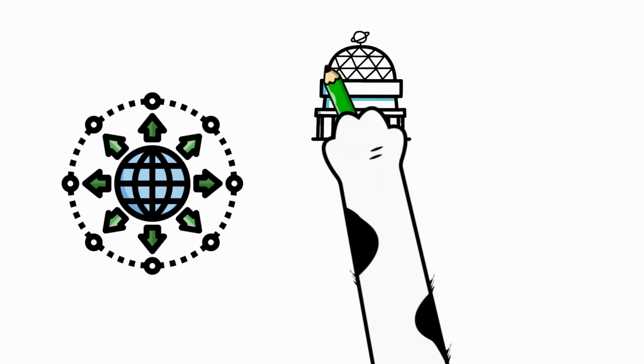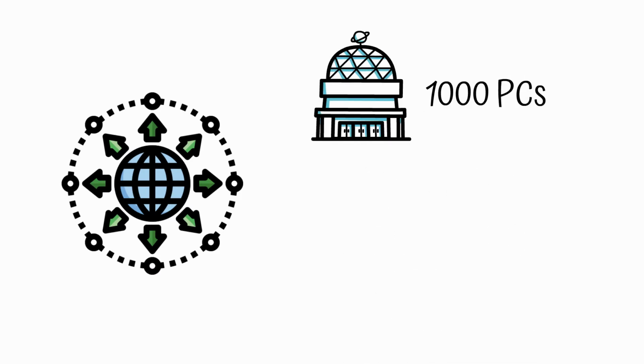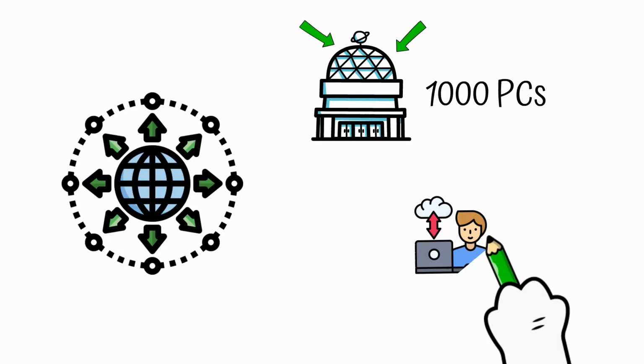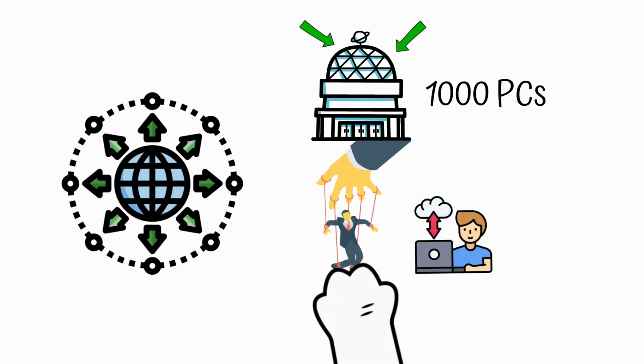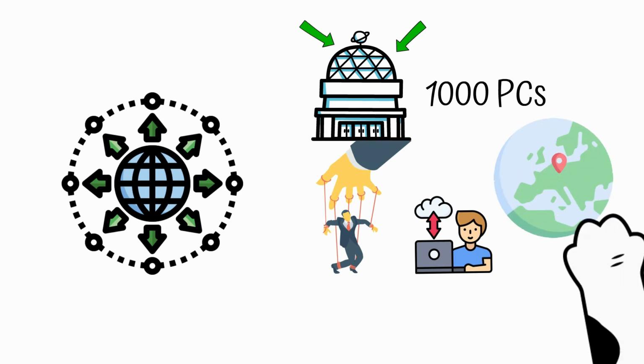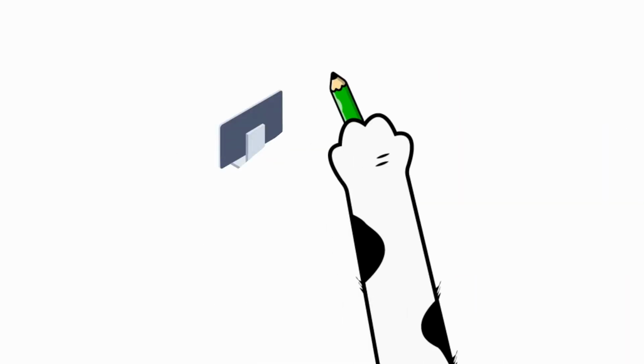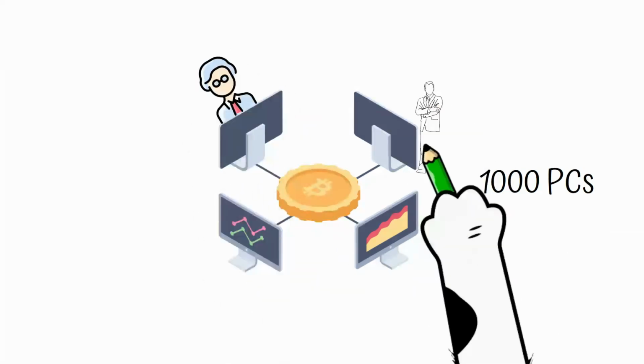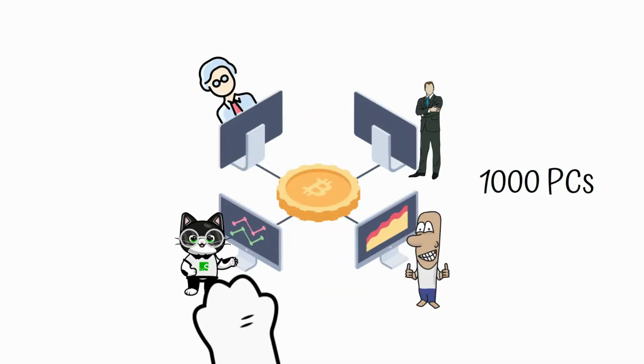Imagine a company that has a database of bank transactions with 1,000 computers, all located under the same roof. Although any authorized person can access the database from anywhere in the world thanks to the internet, all the databases are controlled by the same entity, the same computer program, and usually under the same roof. A blockchain, on the other hand, can have 1,000 computers or more, but most of these computers are located in totally different places, and they belong to different people.